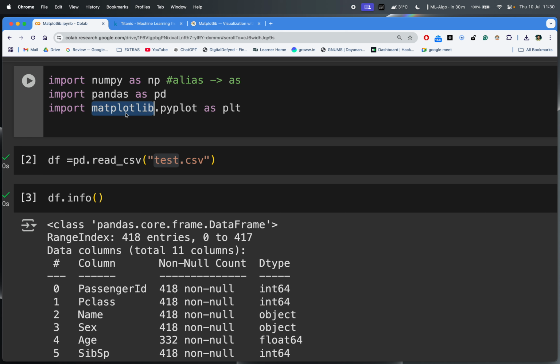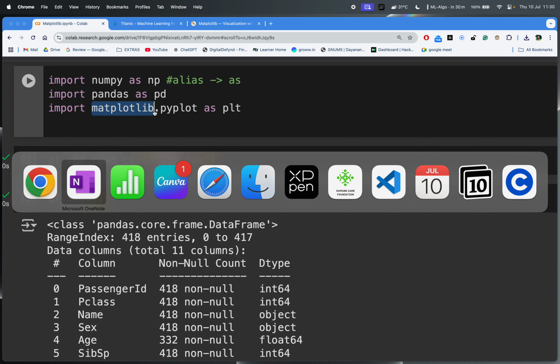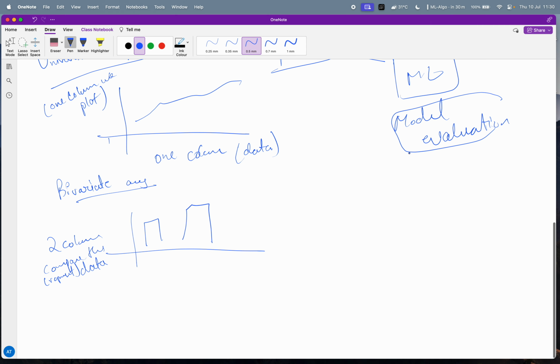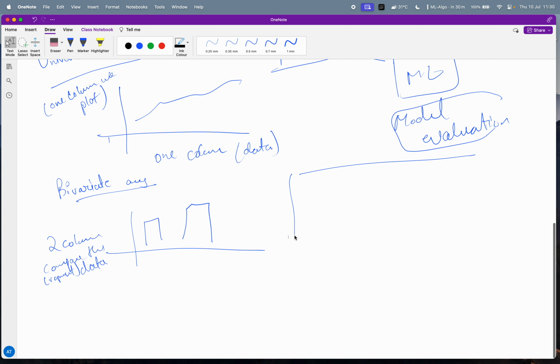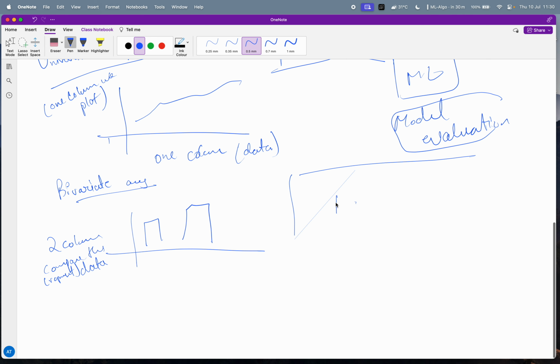See, Matplotlib is a library. In that there is one module, and that module's name is pyplot, and we are calling this pyplot as PLT. Matplotlib, I'll tell you. Right now I have this name. At that time during teaching I didn't have this access. See, Matplotlib